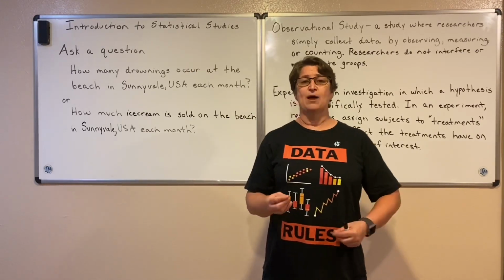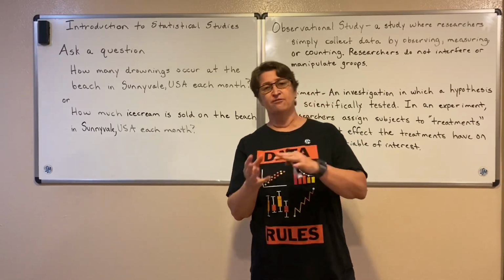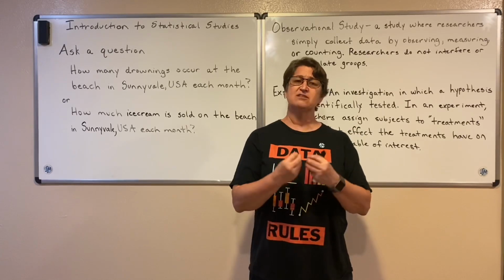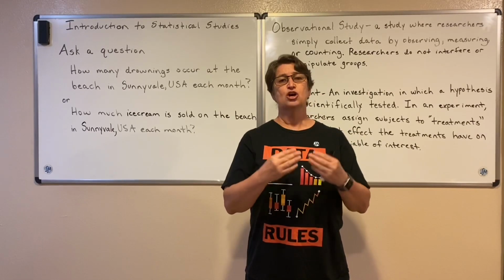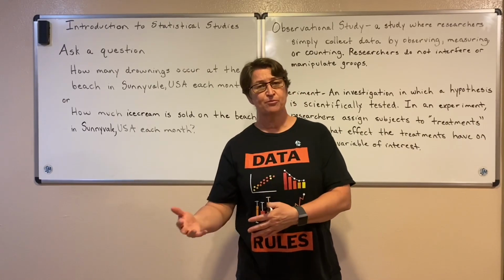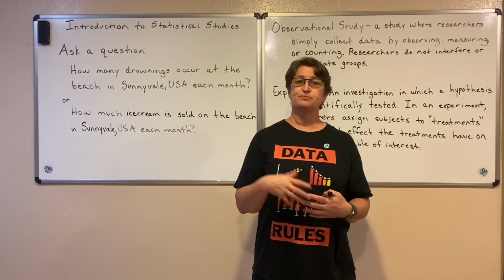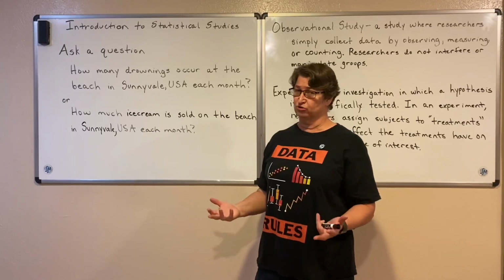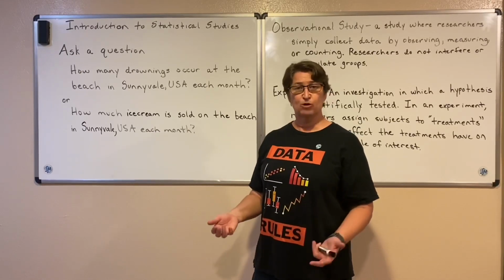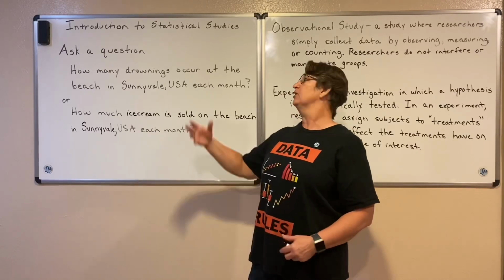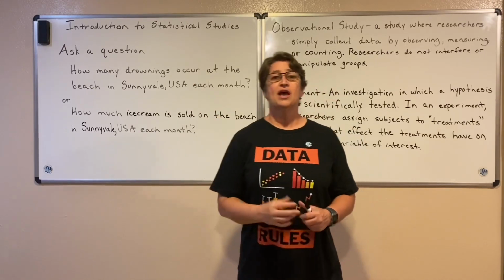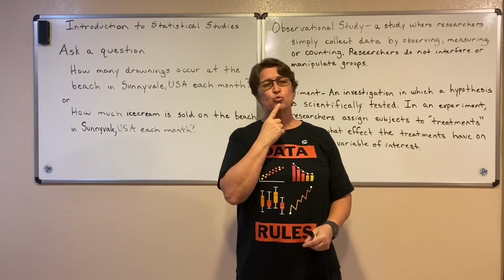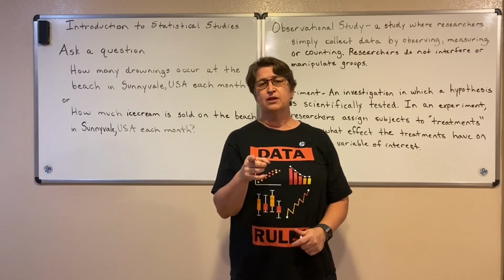So sometimes we want to determine a cause and effect type of situation. We want to collect data to see, does selling more ice cream on the beach cause drowning to go up? Is there some sort of relationship there? So again, maybe we go out and we collect the data on both of those variables, just like what we talked about. We looked at tax records, we look at the drownings, and we see we've collected our data, we see they both go up, but is it really